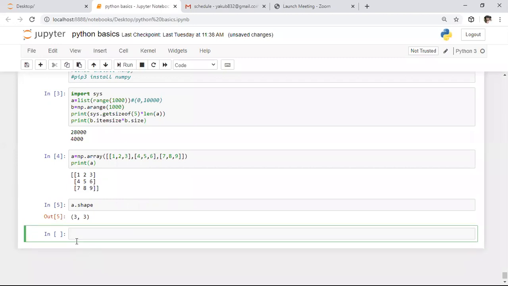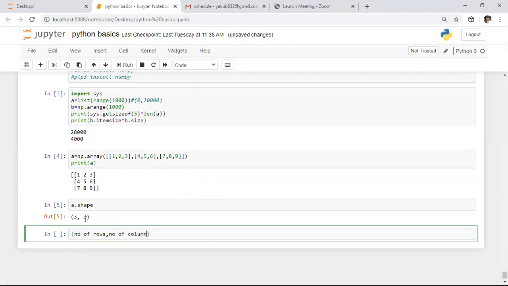Whenever you apply it on this array, it returns 3 comma 3. The first 3 is the number of rows present in the defined array, and the other 3 is the number of columns present in the array.